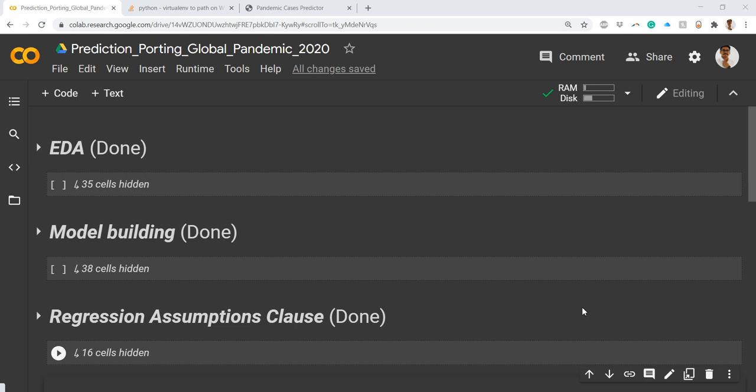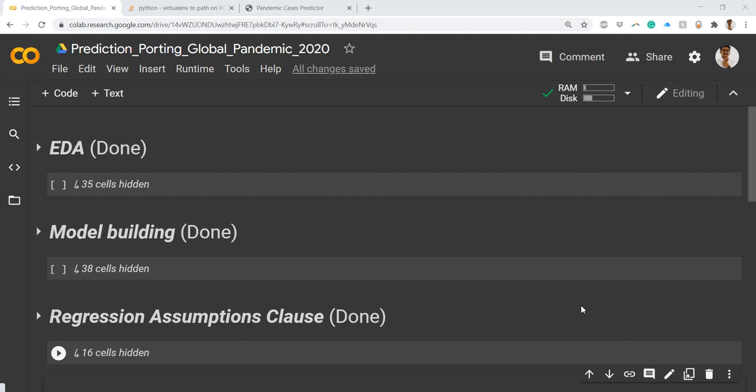From the EDA, right from the beginning of the process, when you do the model building, each and every step is very crucial and you have to do it with utmost care. Else, somewhere in between, or at least in production when you deploy this, your model will fail. That's going to set back a few dollars for your organization and it will all be a mess. So we have to do all of these things very carefully.